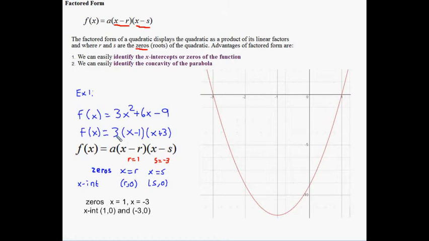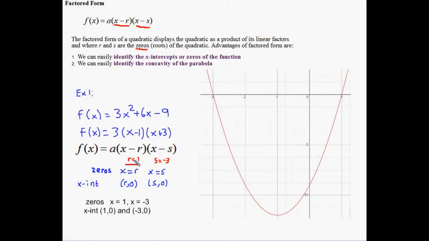Since a is 3, the fact that 3 is positive means that the graph would be concave up and look like a U-shaped curve as you see here. The fact that x minus 1 came out to be the factor means that one of the zeros is the opposite of that in sign, meaning since this is a minus 1, one of your zeros is going to be positive 1. And the reason that works now is if I was to plug in positive 1 in for x,